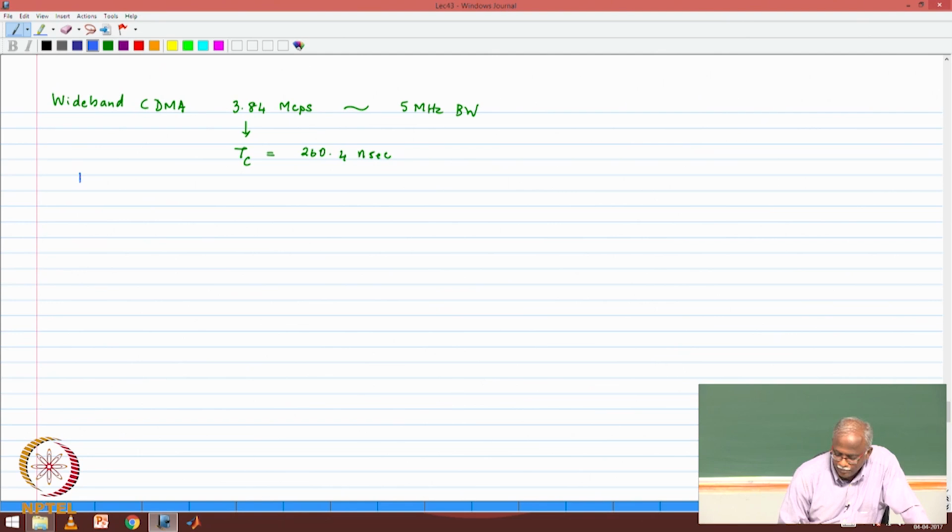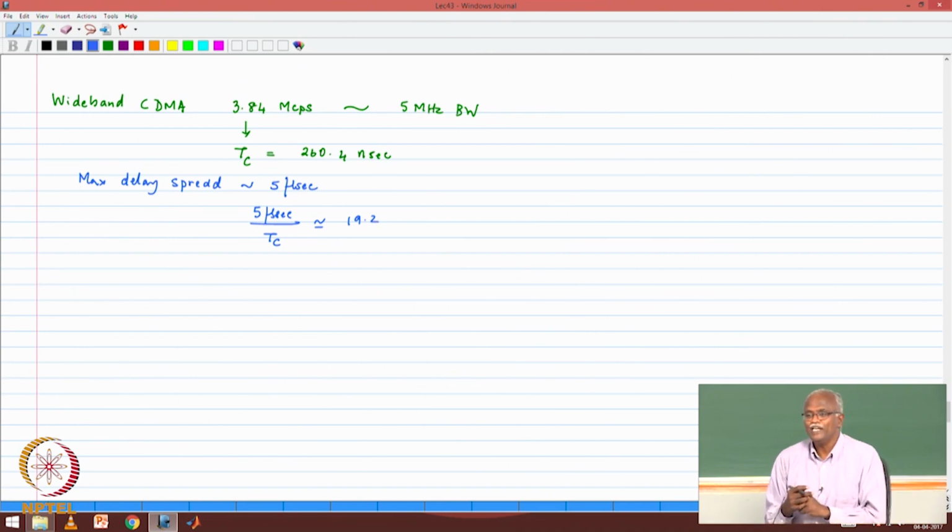So, let us say that the maximum delay spread in an outdoor channel is approximately 5 microseconds. So, 5 microseconds divided by Tc comes out to be